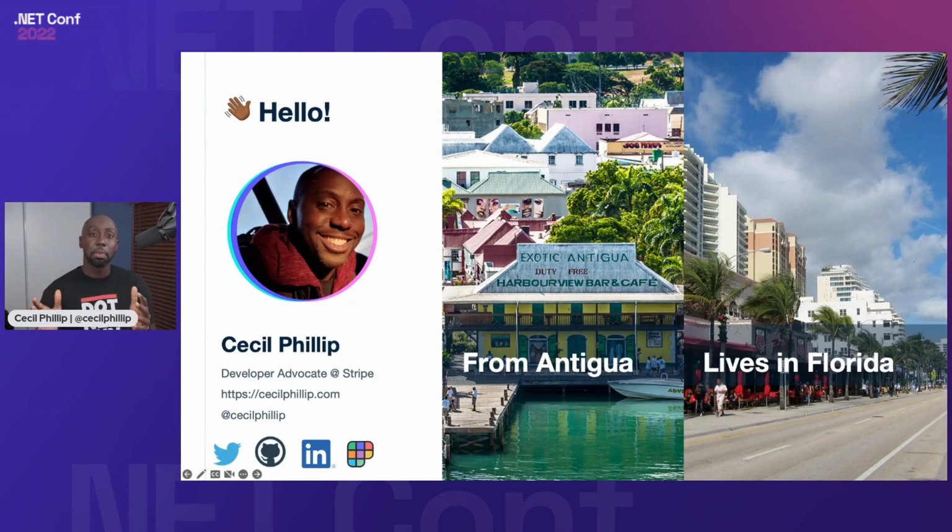I originally am from the Caribbean. I'm born and raised in Antigua, and now I live in Florida, where, like James also mentioned, there's an incoming hurricane. So hopefully nothing crazy happens while we're doing this session right now. But feel free to ping me on any of these networks. Twitter, GitHub. I don't have a Mastodon account. I'm sorry, not yet. But totally feel free to reach out to me anywhere you feel like it.